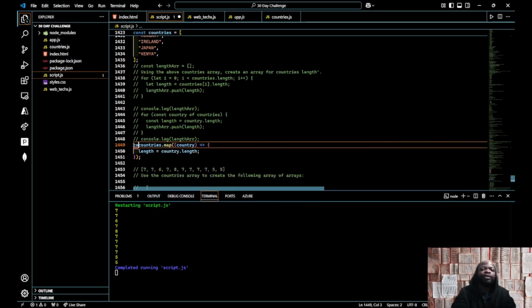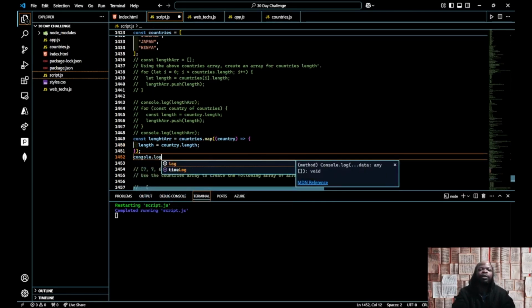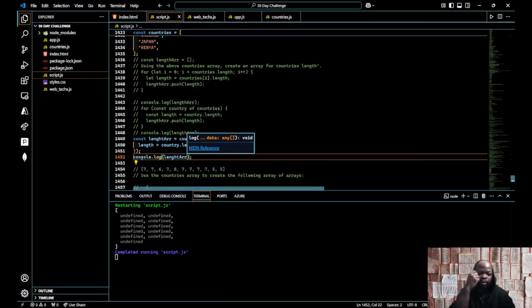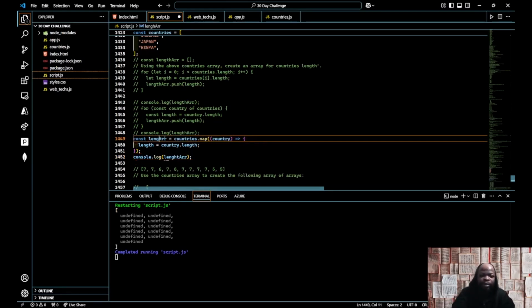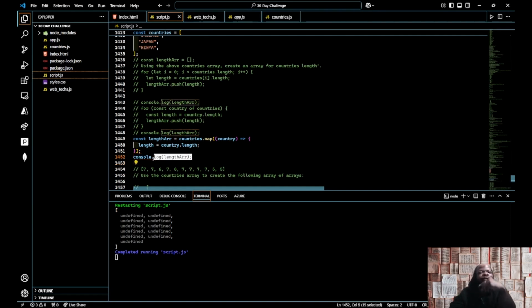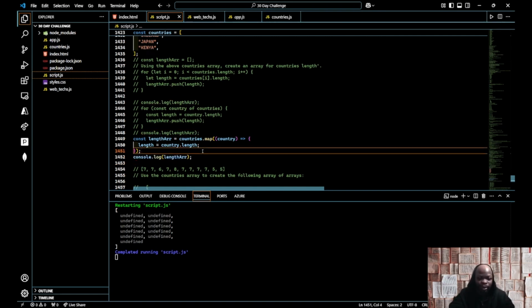So length array equals country. Let's do log. Okay, fine. Well, first I gotta learn how to spell length. So I have to do that in the map as well. Well, length array is outside of the map. So